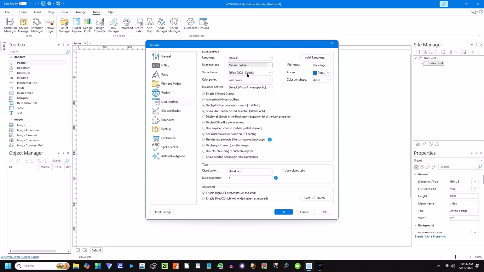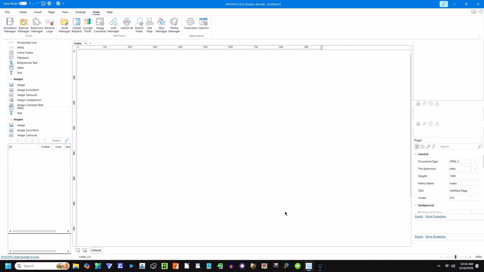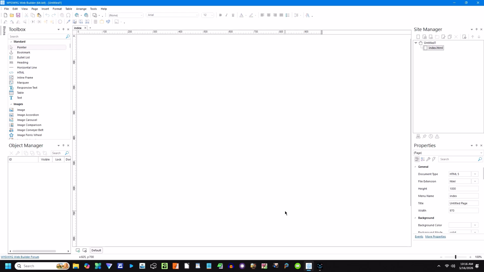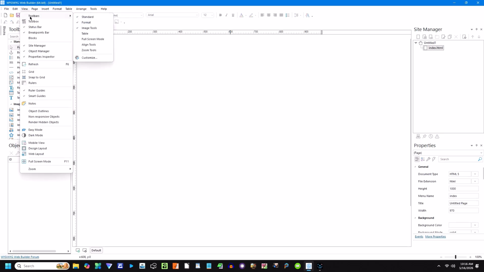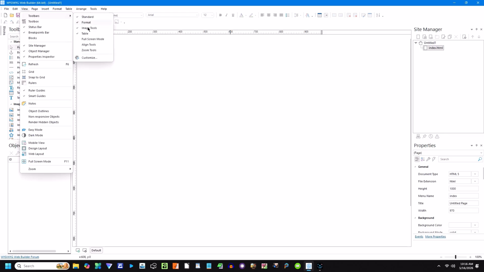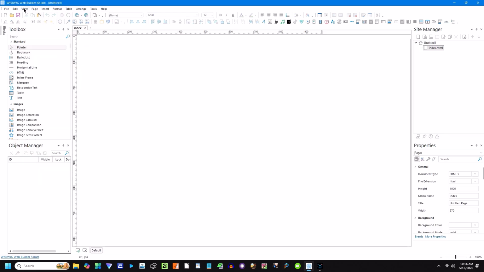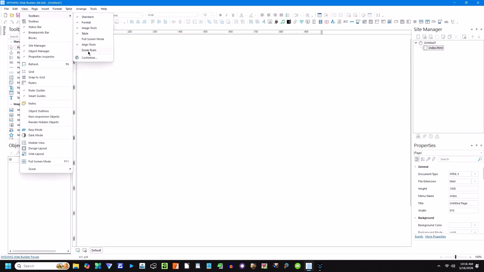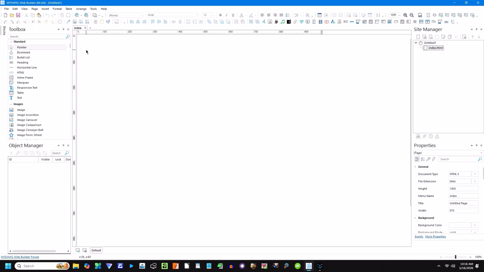Now that we have our traditional menu at the top, the way we can start expanding is we go to View, click on it, come down to Toolbars, and begin checking off each and every item on the list except full screen mode. The reason is we can use the F11 key to switch back and forth between full screen mode and working mode. You will notice I have a great number of icons at the top in my toolbar,